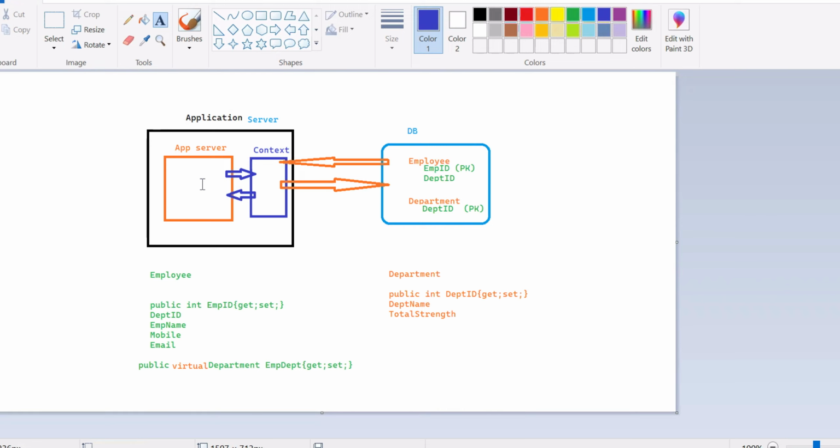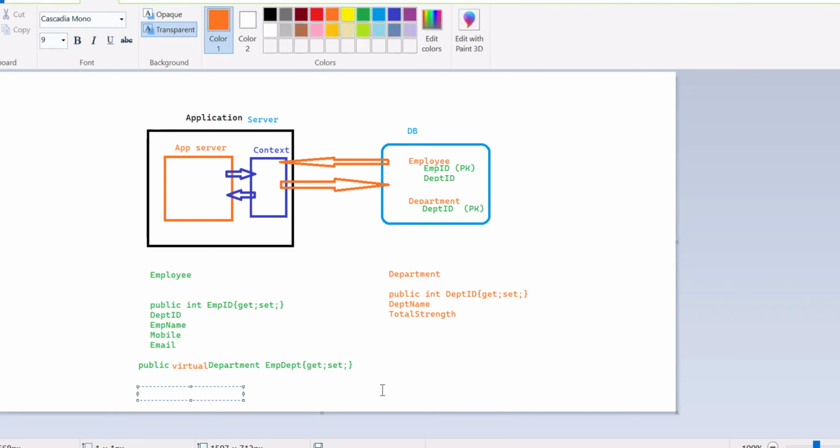Now let's go to the how part, syntactically. So virtual, as I already told you, in the mapped property you have to use a keyword called virtual. Now I will show you how you will go to the context and activate it. Already you have the connection string, right? So I will write in this color: activate lazy loading